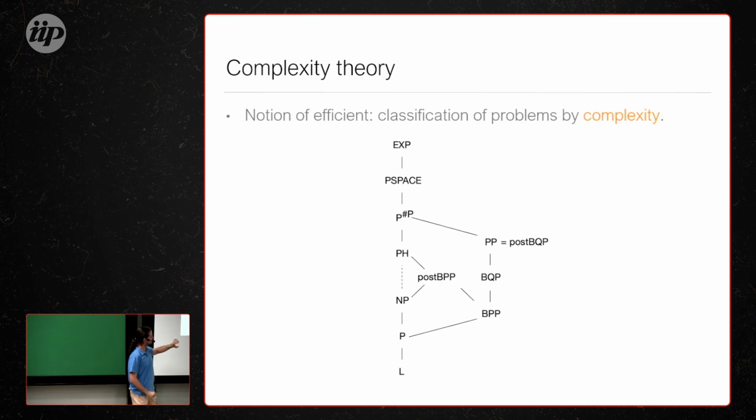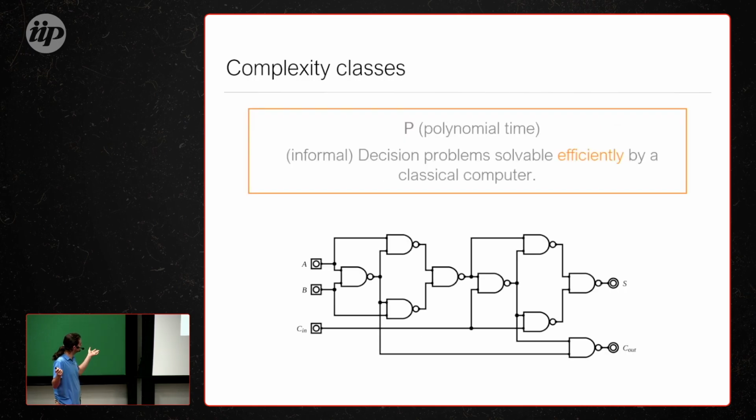I'm not going to show you that. Let's just talk about these small rabbits here. I'll tell you a little bit about some of these concretely, just to illustrate. The first one, the most obvious one, is a complexity class known as P. P stands for polynomial time. Obviously, it means problems that can be solved efficiently by a classical computer.